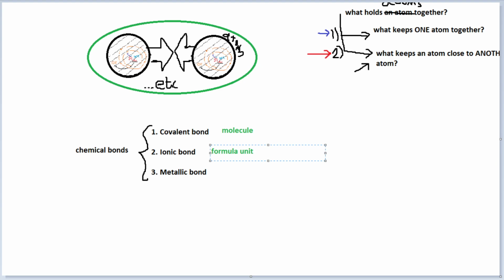It doesn't need to be like that. This is basically the same thing as a molecule. It's almost like an ionic molecule. You can think of it as being essentially the same thing. They're so similar. It's not worth trying to remember the difference. It's a formula unit. I'll say IE, like an ionic molecule. And lastly, what do we call this green blob, this green picture? If it's a metallic bond, we call it a metal. That one's easy. So there you go. We've got a bigger picture.